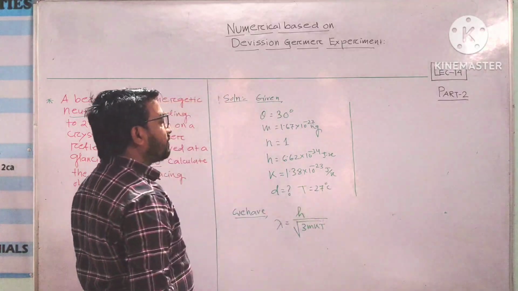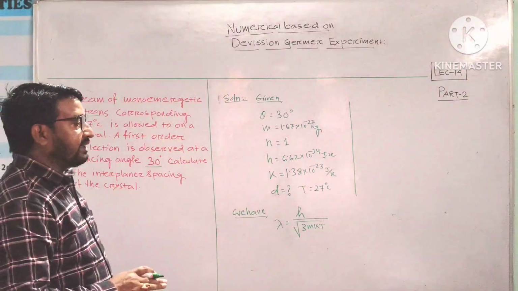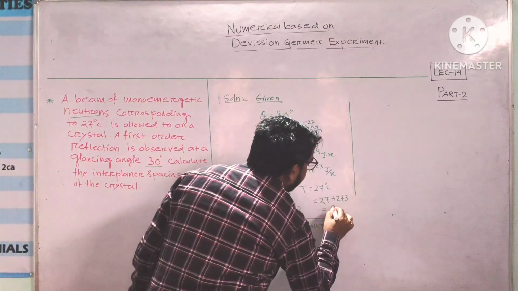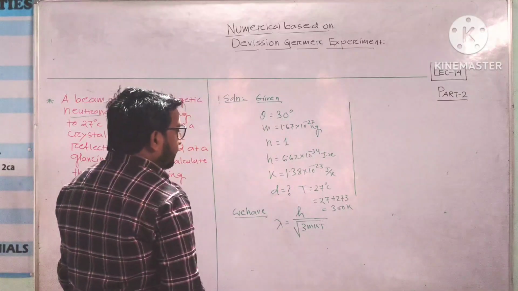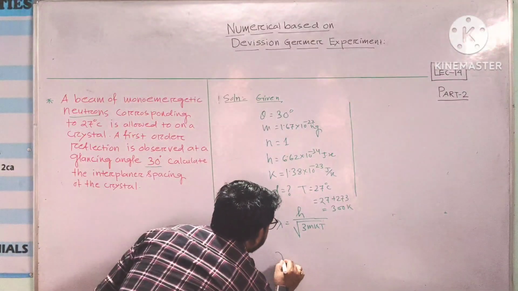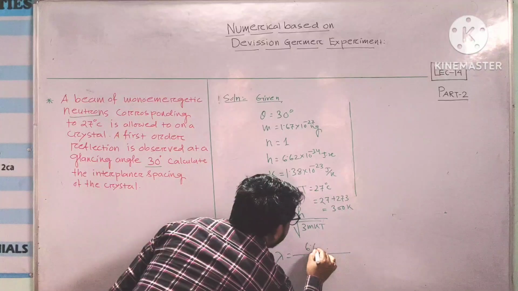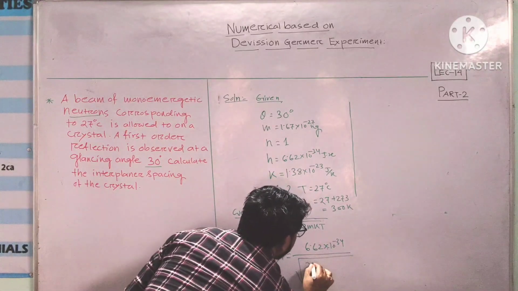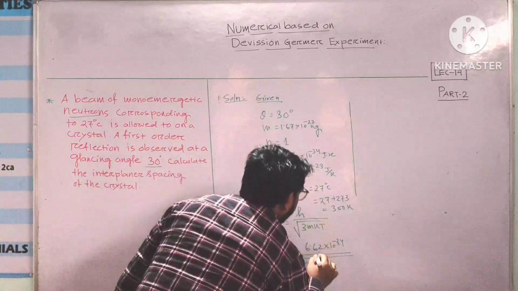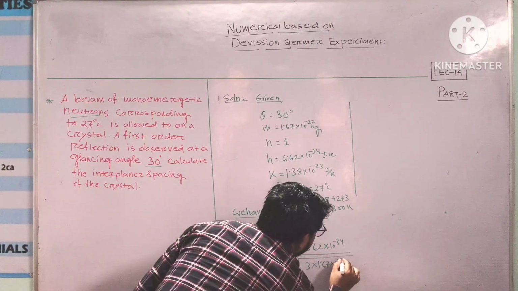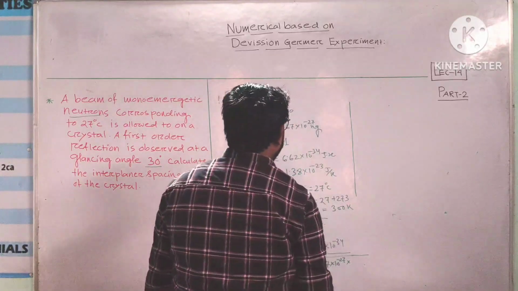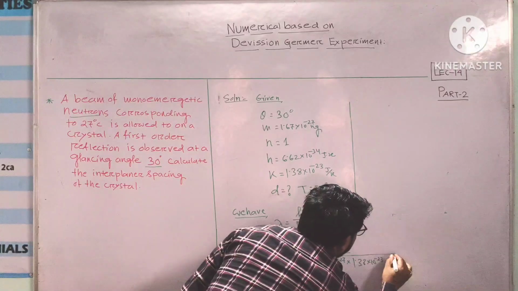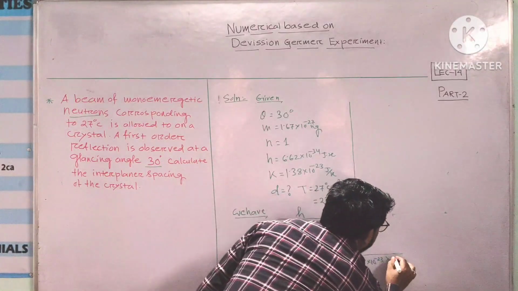And we know that Celsius is not SI unit of temperature, so it should be converted in SI system. So 27 plus 273, and this is equal to 300 Kelvin. Now all the values put in this equation. h equals 6.62 into 10 to the power minus 34, under root of 3 into m equals mass equals 1.67 into 10 to the power minus 27 into k, Boltzmann constant, 1.38 into 10 to the power minus 23, and temperature equals 300